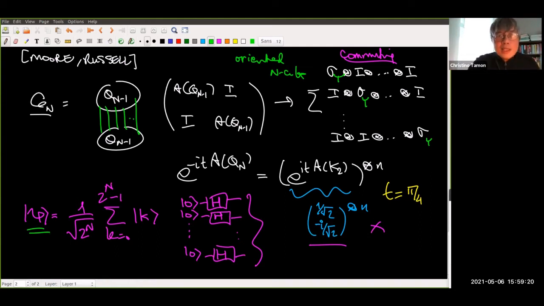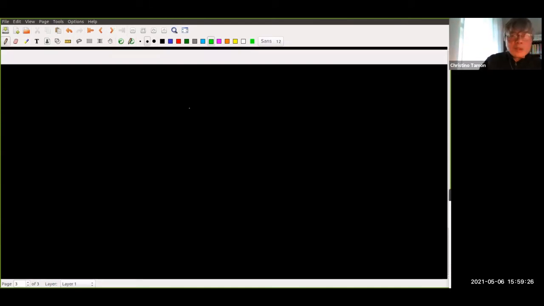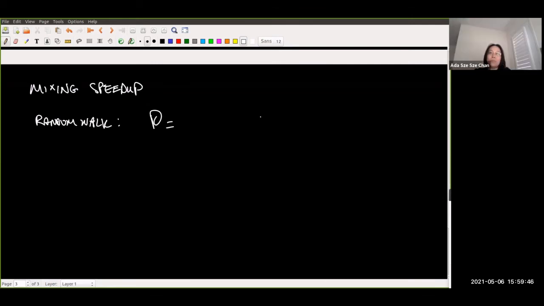Let me show you what Moore and Russell argued in their paper. They want to argue there is a mixing speedup on the hypercube. So what is the argument? If you do a random walk on the hypercube, what would you use? You would use a stochastic matrix that looks like this. So you take the adjacency. Now you have to be careful. This is not a stochastic matrix, right? So a classical random walk. I'm also cheating a little because I'm switching to